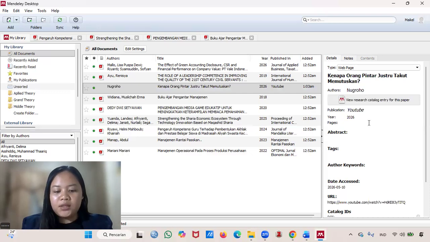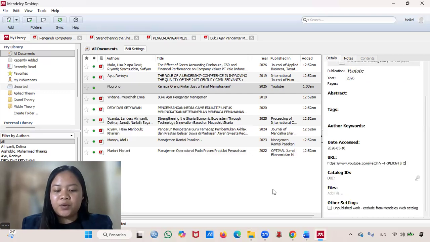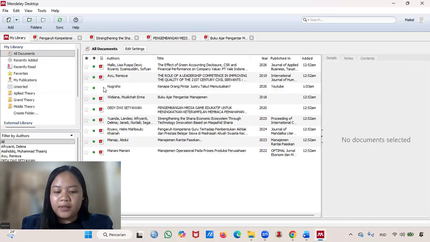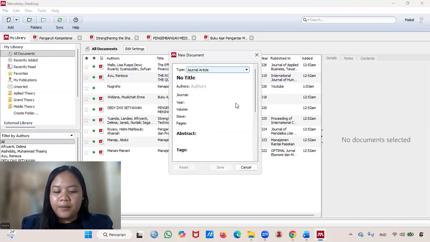Now, I will show you how to manually add a reference from a web page. The steps are: click Add New, then select an entry manually. In the type section, make sure to select web page.